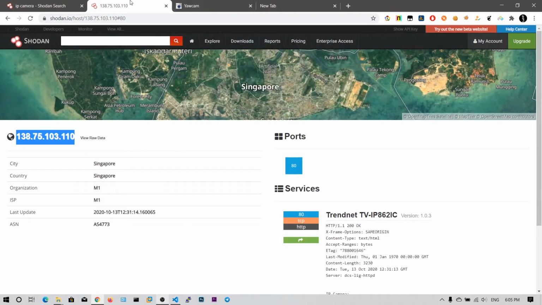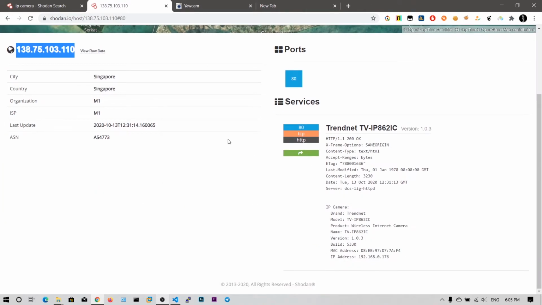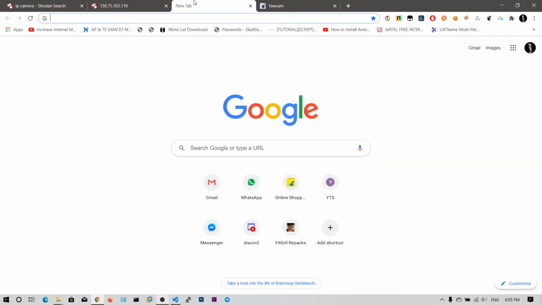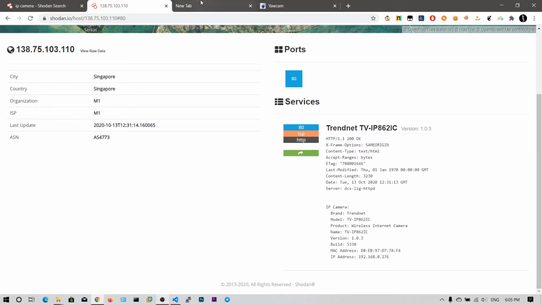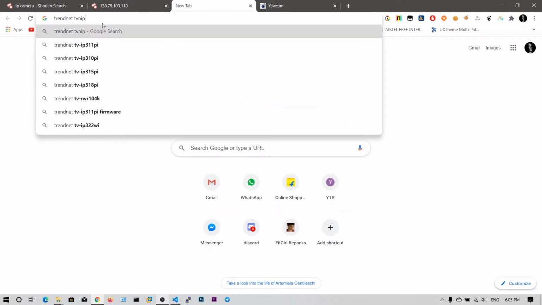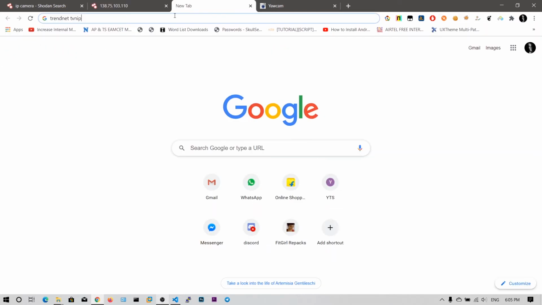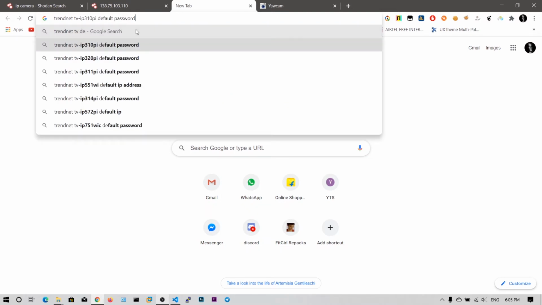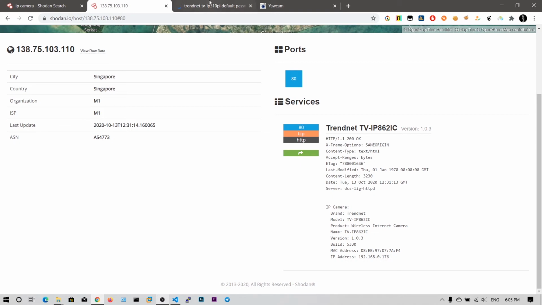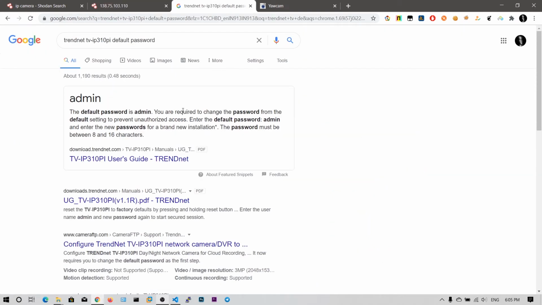But so many of these devices will have default passwords. If you know this is a TRENDnet TV, if I search for TRENDnet TV default passwords, the default password is admin, password.